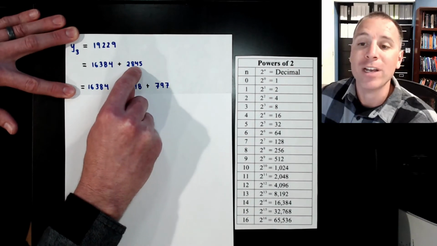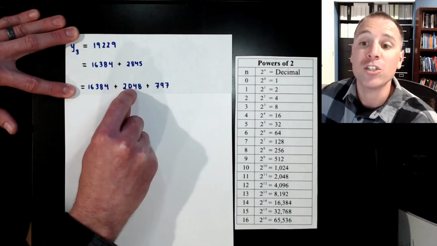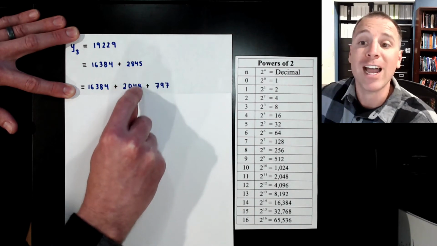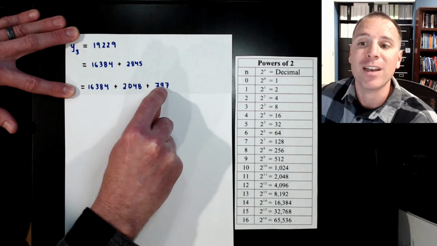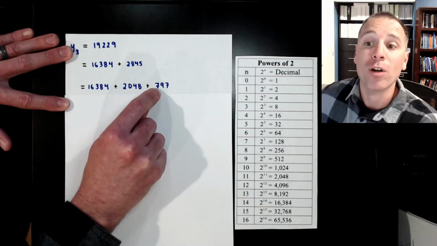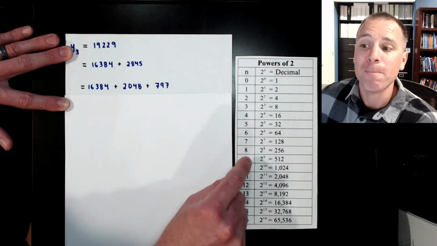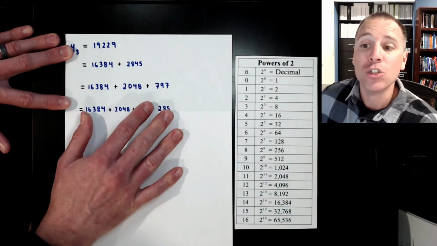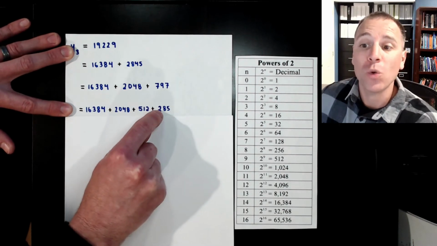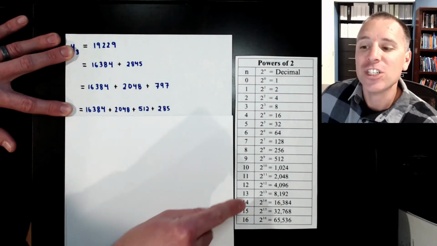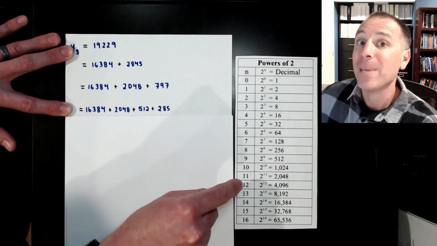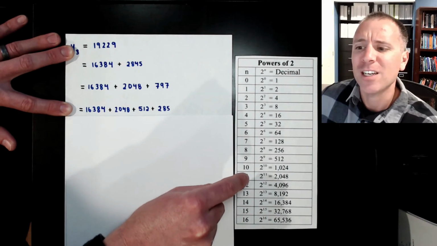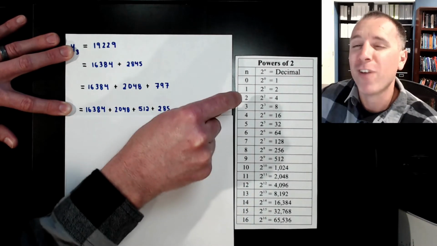Now I look at that number and decompose it into two components. One is 2 to the 11th. The other component is going to be the extra information, 2845 minus 2 to the 11th, which is 797. Then I ask myself, what power of 2 is less than 797? Well, I can go all the way to 2 to the 9th and decompose 797 into 2 to the 9th plus 285. Do you notice that in each step, I'm kind of stepping down piece by piece? Or may I say, repeating this process one step at a time for a finite number of times?